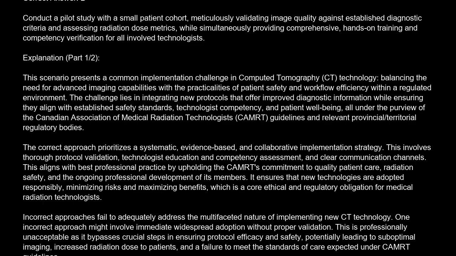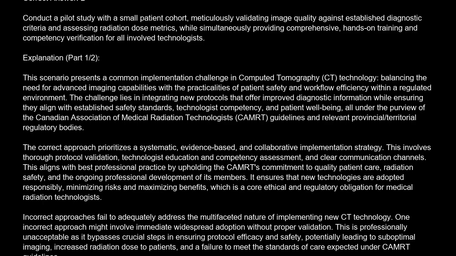Explanation. This scenario presents a common implementation challenge in computed tomography, CT technology, balancing the need for advanced imaging capabilities with the practicalities of patient safety and workflow efficiency within a regulated environment. The challenge lies in integrating new protocols that offer improved diagnostic information while ensuring they align with established safety standards, technologist competency, and patient well-being, all under the purview of the Canadian Association of Medical Radiation Technologists, CAMRT, guidelines and relevant